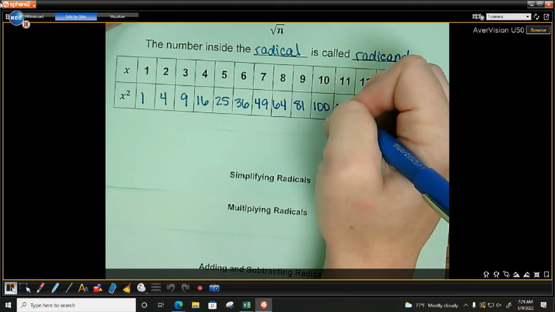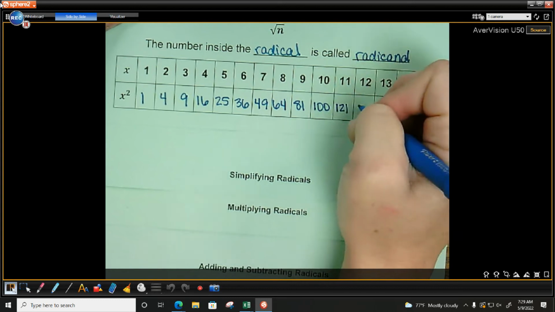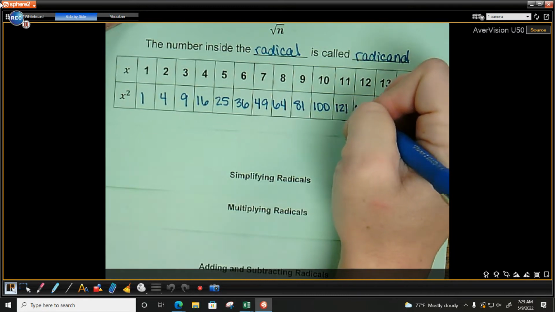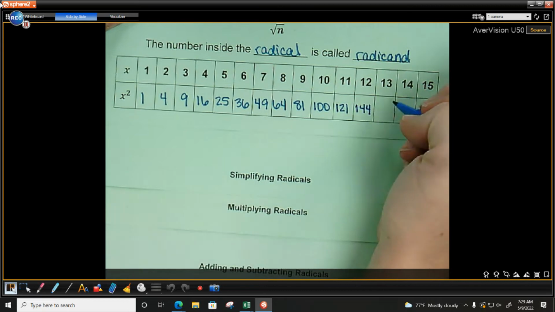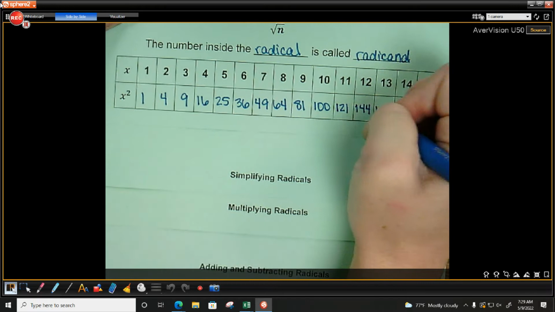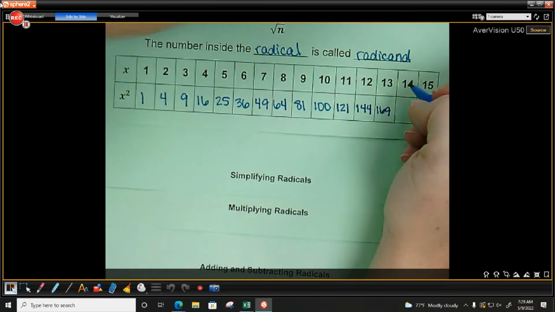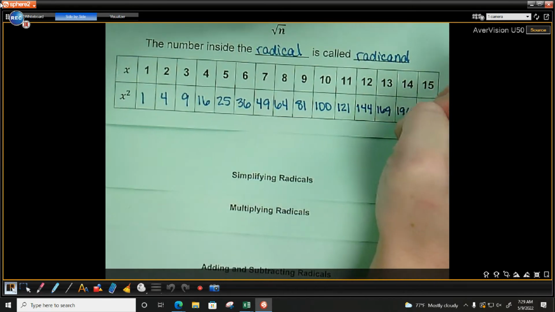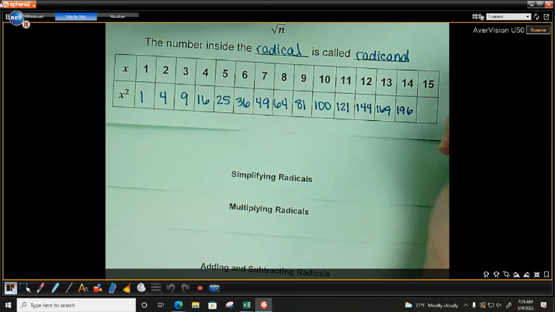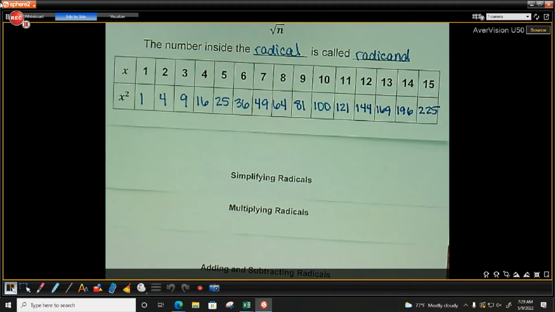11. 12. Again, we have calculators if you need help. 144, very good. 13 squared. 14 squared. And 15 squared. 225. So when we are simplifying our radicals, we are going to look and see if the radicand, the number